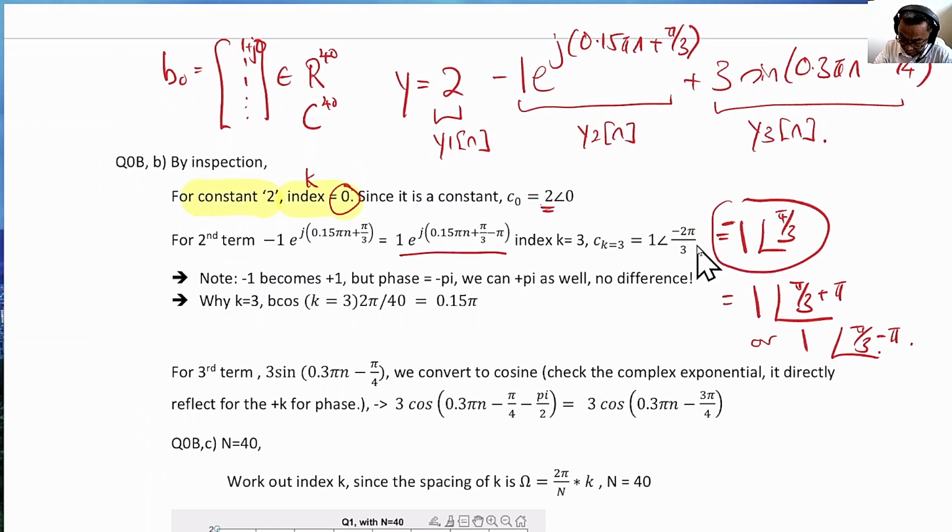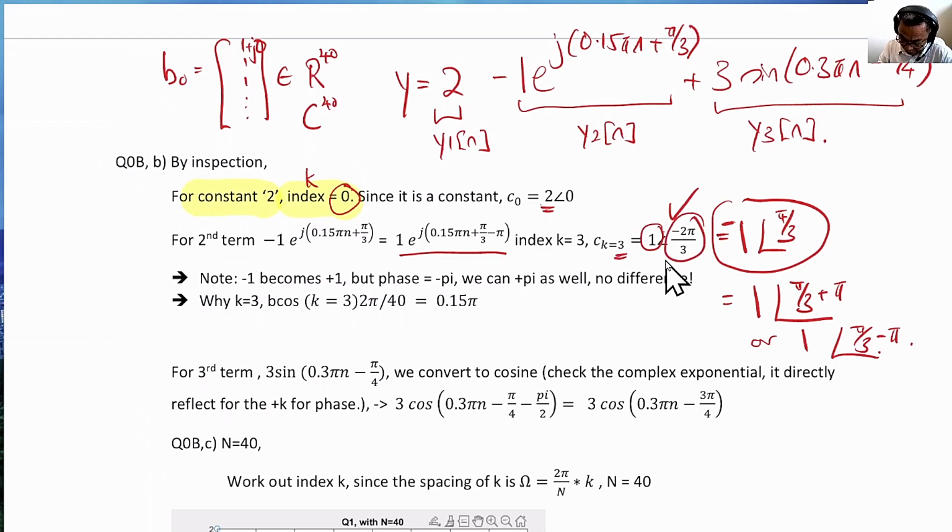So this is actually correct. Let me repeat. Why did we have this additional minus pi? It is due to this minus 1 term. We don't like the minus 1 term to be the magnitude, because magnitudes are only positive numbers. So we have to convert this minus 1 to a positive number, and to do that we introduce a phase shift of minus pi. Now it is pi over 3 minus pi, which comes out to be minus 2 pi over 3. So the magnitude is 1 and the phase shift is minus 2 pi over 3